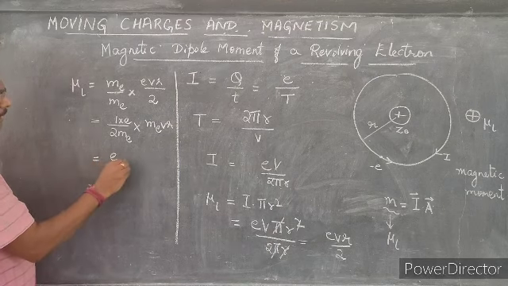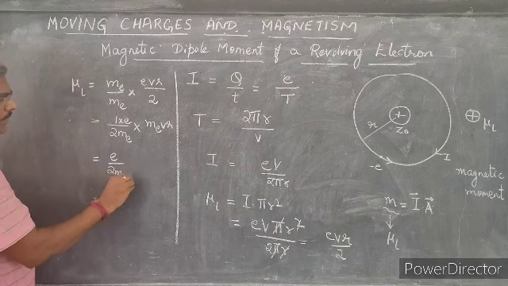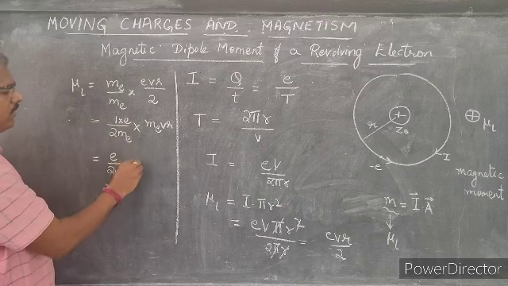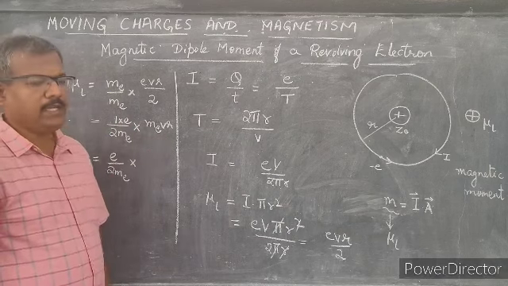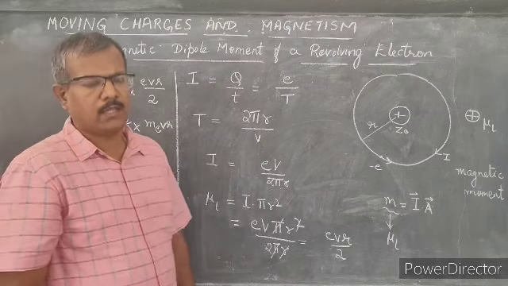So I put e by 2me, where me is the mass of the electron. Now me into Vr